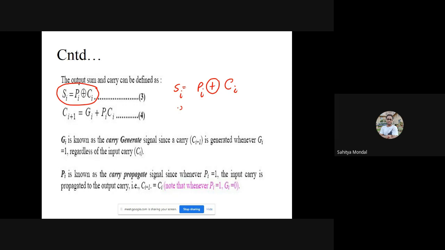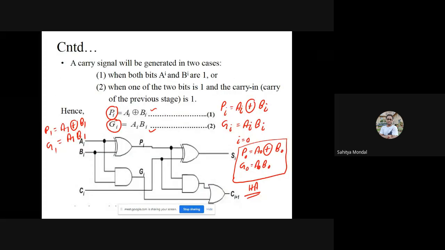And what is the next carry? If Ci is the present carry, then Ci plus 1 will definitely be the next carry. So Gi or Pi and Ci, this is the expression for getting the output. So where does the expression come from? The expression comes from this